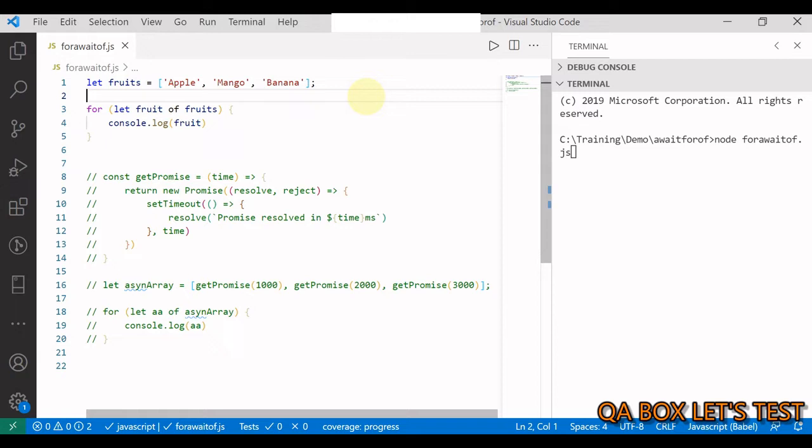Now, I've already created a video on the for of loop in this JavaScript series. So guys, if you haven't watched that, please go and check that out. To keep things simple, I would like to start with the for of loop and then I'll shift